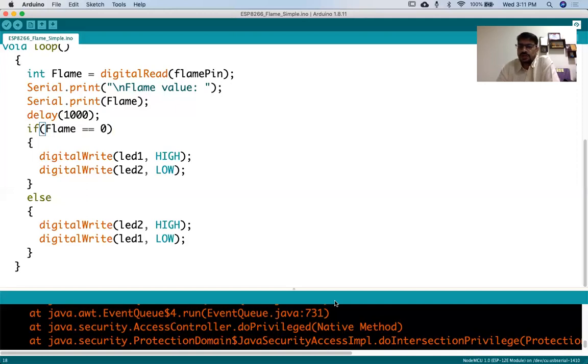We send all the sensor data to the cloud, and from the cloud we can see it, because we do not access the device directly. We can access the device through the cloud.